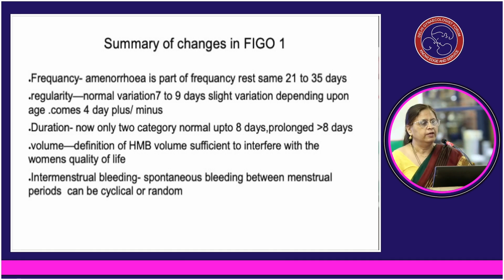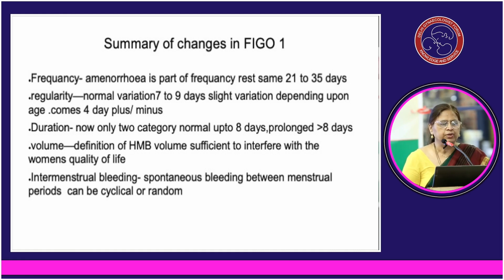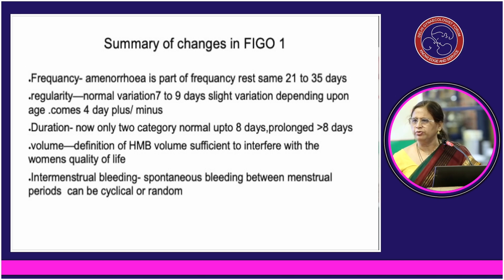The minor changes which have happened in the FIGO 1 or FIGO 2 classification, I am going to tell you. So the frequency is amenorrhea, which we were using separately from the AUB, is now included in the FIGO 1 classification. Amenorrhea is also included in the AUB, and it has been included in the system 1 frequency point. So regularity, normal variation of 7 to 9 days, slight variation depending upon the age